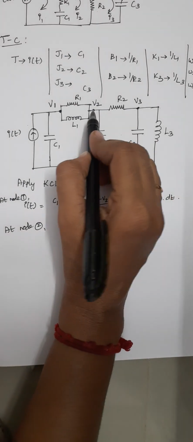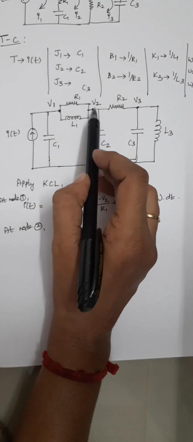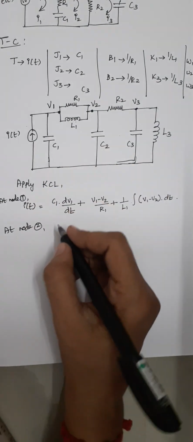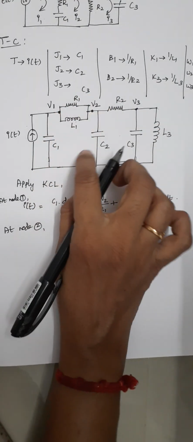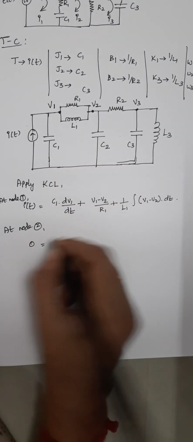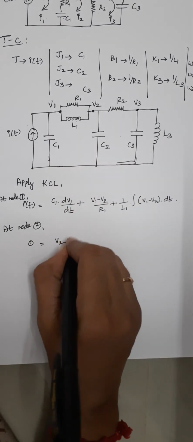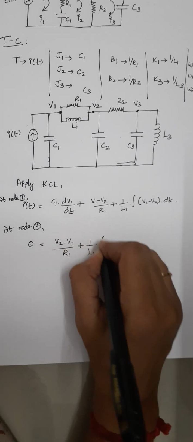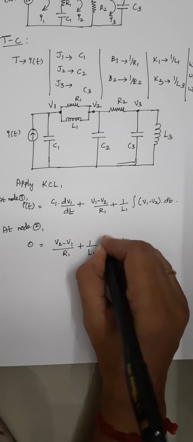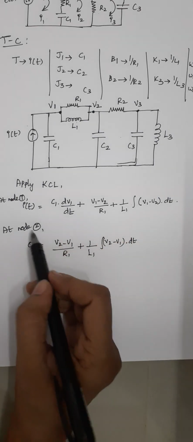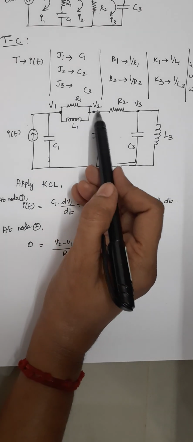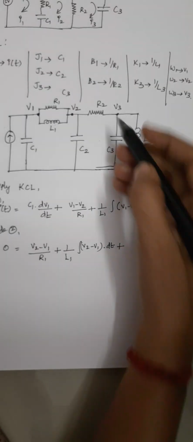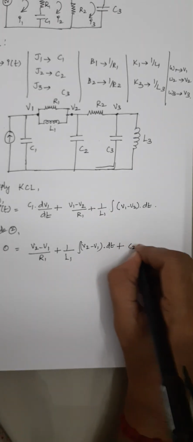So here in this case, again this R1 and L1 is common for node 2 and node 1. As we are considering node 2, here I have to write it as, again there is no direct current source here. So 0 equal to (V2 minus V1) divided by R1 plus again 1 by L1 integral of (V2 minus V1) into dt, because here I am considering node 2. So I have to write it as V2 minus V1 respectively, plus the next one is C2. So here C2 into